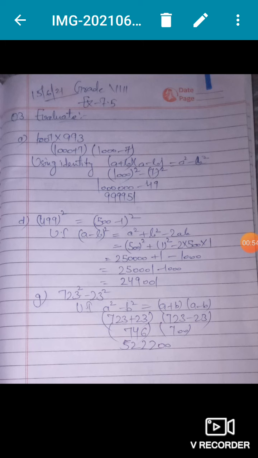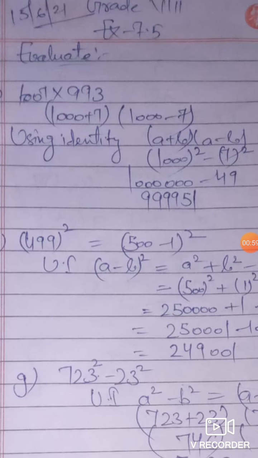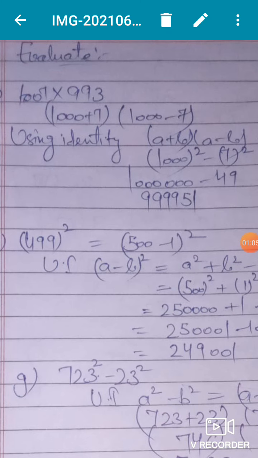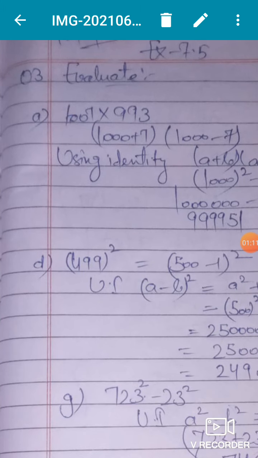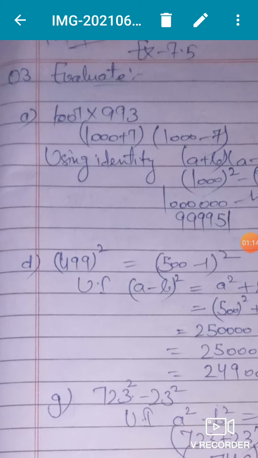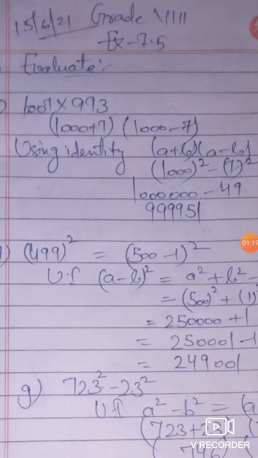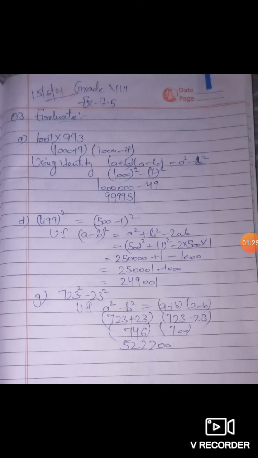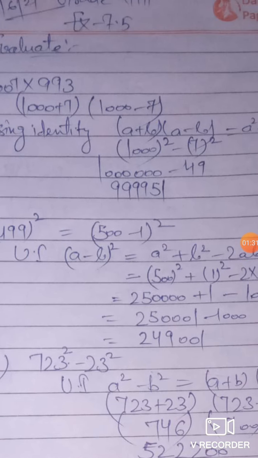Clear? And how we have to use it. Look, 1007 into 993. We can write 1007 as 1000 plus 7. We have to write the numbers in such a way that the multiplication becomes easy and comes in a proper form. 1007 we will write as 1000 plus 7. Similarly 993, some students may think 900 plus 93 or 990 plus 3, but it will be easy if we write it as 1000 minus 7. Clear? Because there are the maximum number of zeros, 3 zeros, and you know multiplication with zeros is very easy.